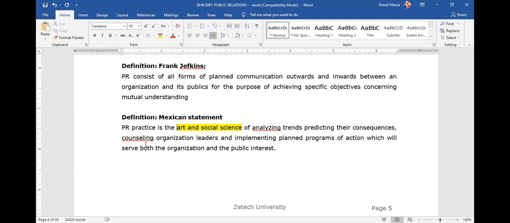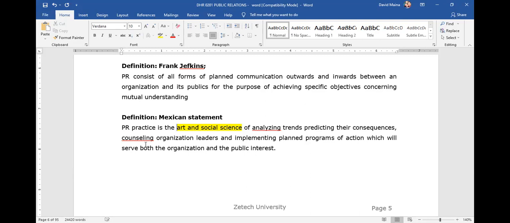Remember, the publics are the people outside the organization. And we have said that the public can be divided into two, either internal or external. Internal publics are those working within the organization, and the external publics are the people like the media, the community, the consumers, the distributors, the stakeholders, the trade unions. All those are what we call the external publics.